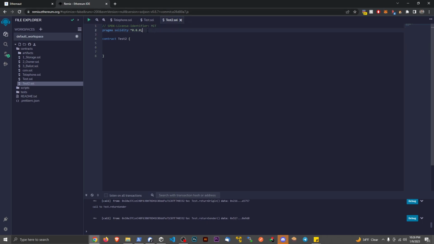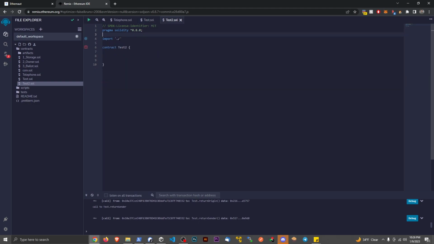So beneath pragma solidity, I'm going to say import, and this is another lesson on how to import smart contracts into your contract. What you could do is copy this whole thing here, and you could do it like that. That actually works fine.